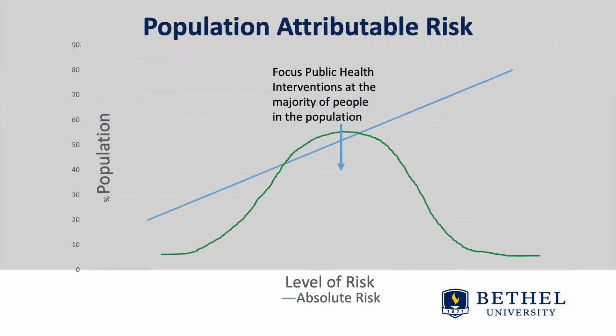This is a graph that shows the attributable risk in a population. The blue line represents the risk. The green line represents the population. You can see that the population is represented within the bell curve of the green line. You can see that there are fewer people at the extremes of no risk and extreme risk. The person who would fall the farthest to the right is the highest at risk, and their personal risk is serious. One example might be serum cholesterol.